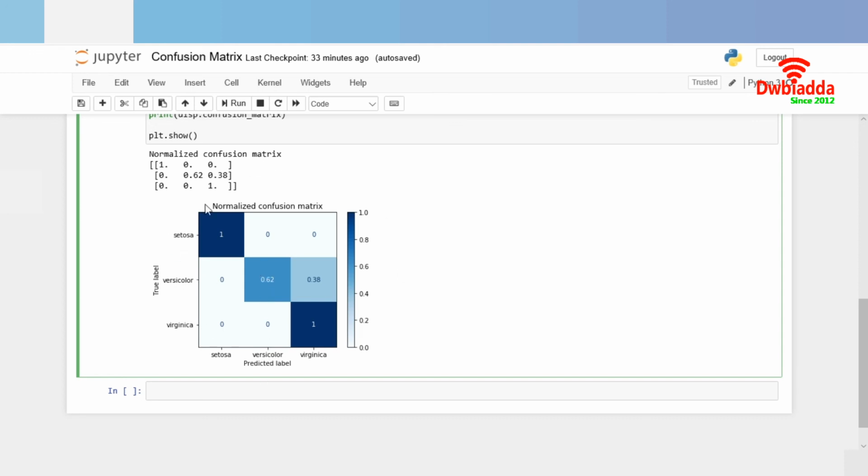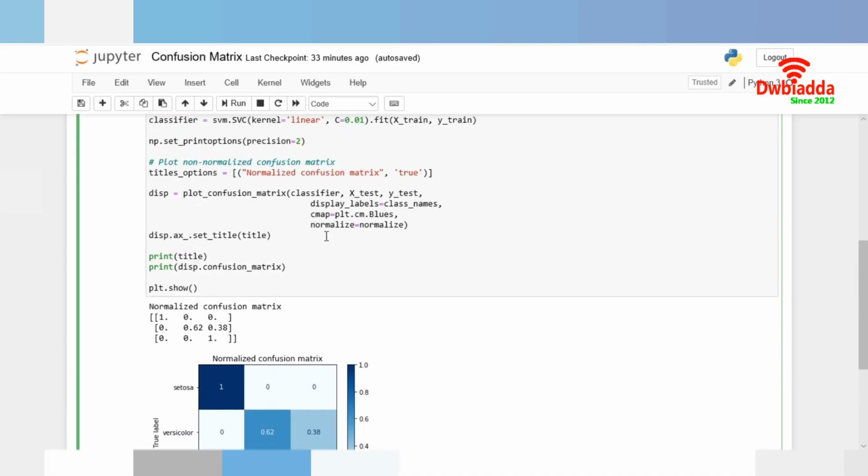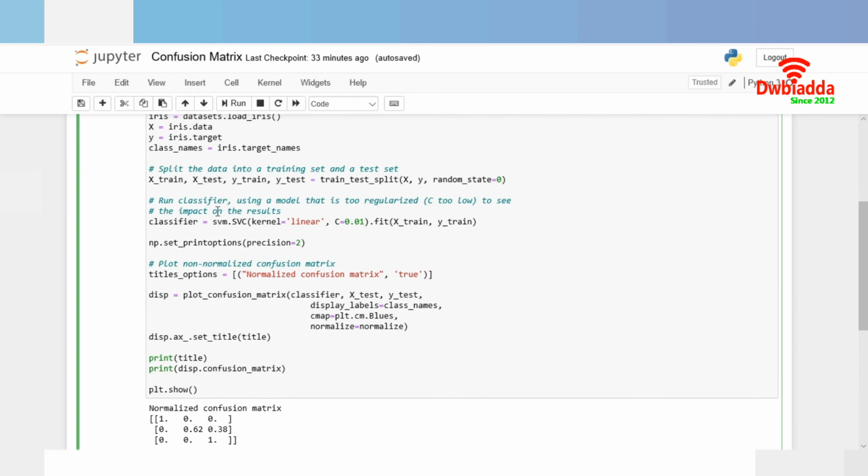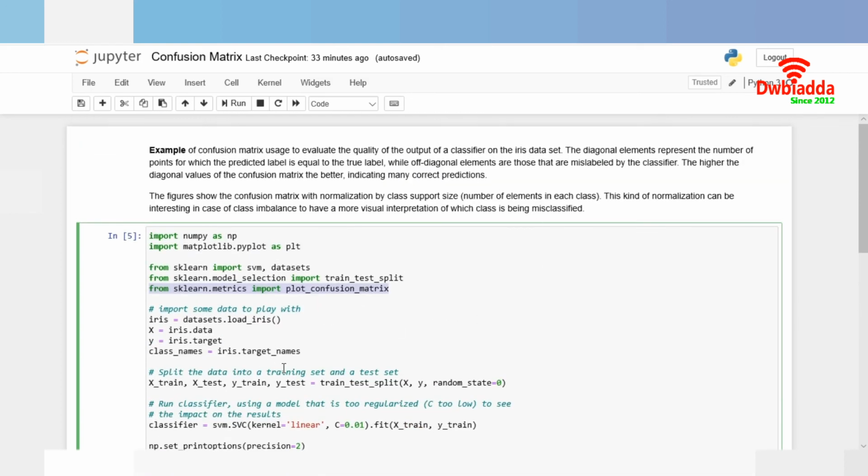So this was all about your confusion matrix and how you can set the display labels easily using this parameter display labels, by passing the label names which we have declared here, by simply passing the target names into the new variable name. So this was all about the confusion matrix, how you can print the confusion matrix, and how you can print the labels using the class labels parameter.